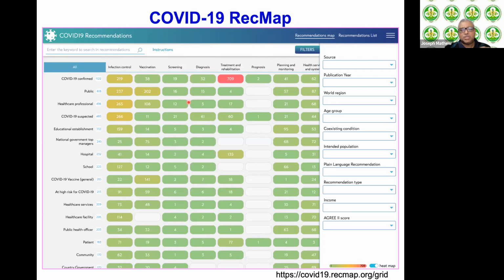Pretty much all domains are covered, which are in the columns above. And on the rows below, there are scores of options from which people can just click on a particular box or cell. Each of these cells represents the number of guideline recommendations available on that particular topic. Because this was covered at great length the last time, I will not go into greater detail.